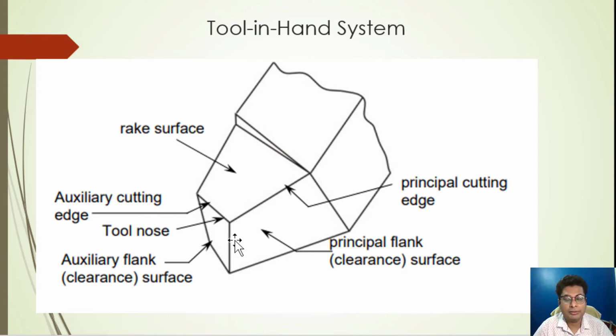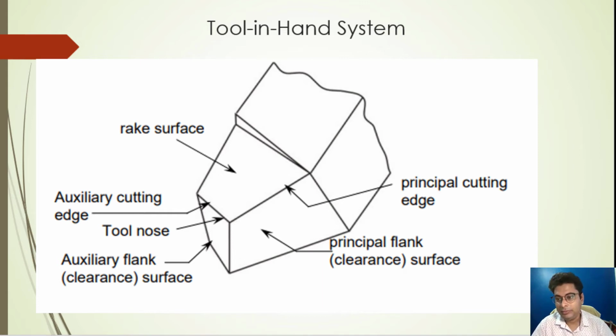It actually breaks away very easily, the tip of the pencil. And whenever it forms a slight radius or a slight curvature at the tip of the pencil, it writes very smoothly. For a similar effect, in order to avoid the chipping away of the tool tip, a very fine amount of nose radius is given.